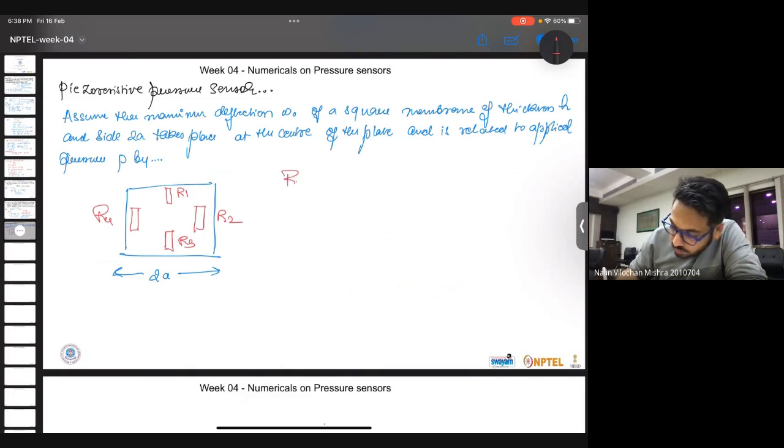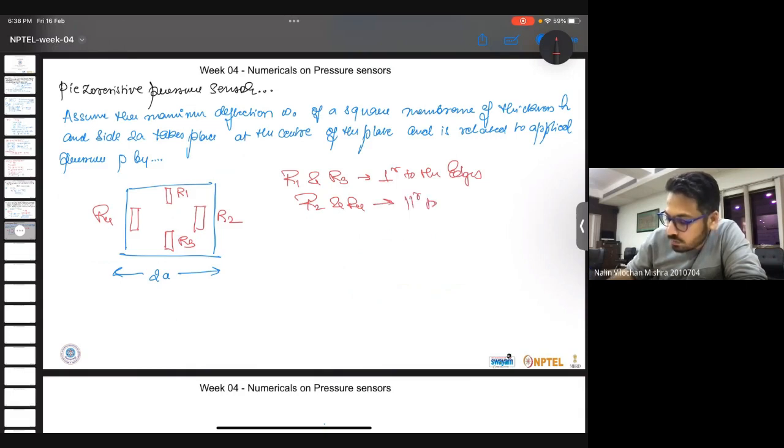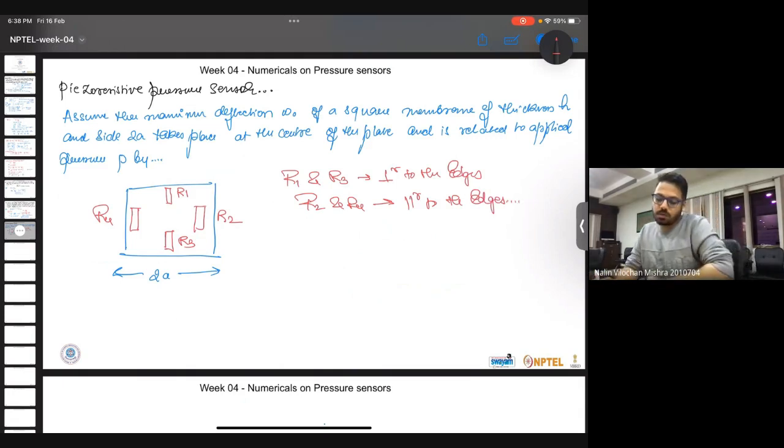So R1 and R3 are basically placed perpendicular to the edges, and R2 and R4 are parallel to the edges. Okay, so when we apply a force, it will have the maximum deflection omega naught, and the pressure P is